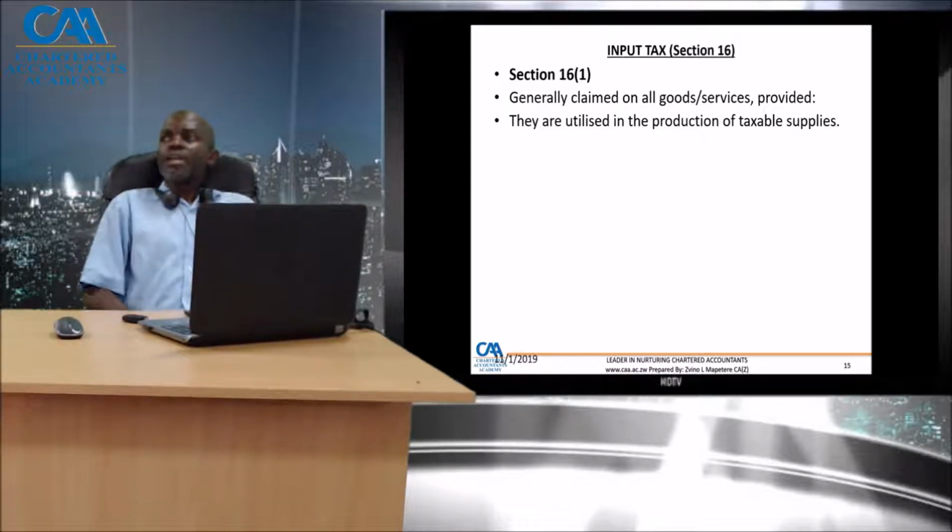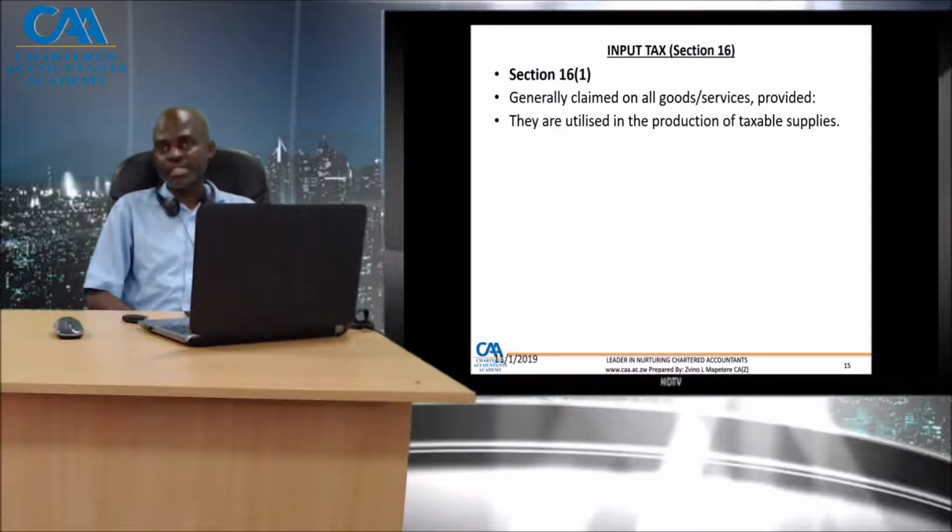So here, let's assume you are providing educational services such as CAA. If you are producing educational services as defined, it means you are not making any taxable supplies, assuming that's the only supply that CAA has. If you go and buy